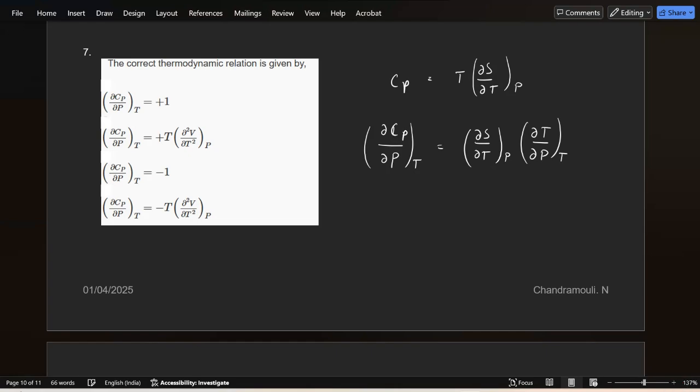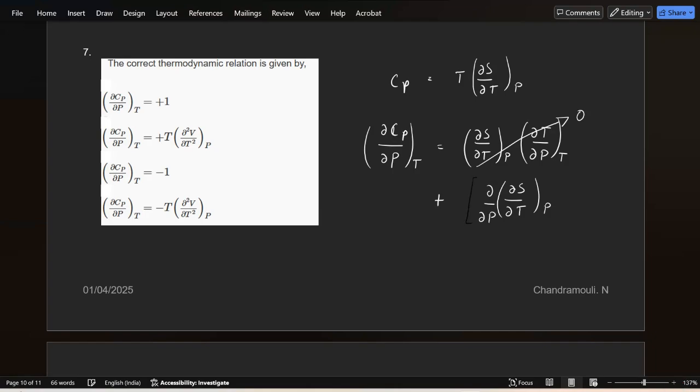But this is constant temperature, that means there's not going to be any change, so this entire term is going to be 0, plus T into del S by del T at constant pressure, and then do del by del P